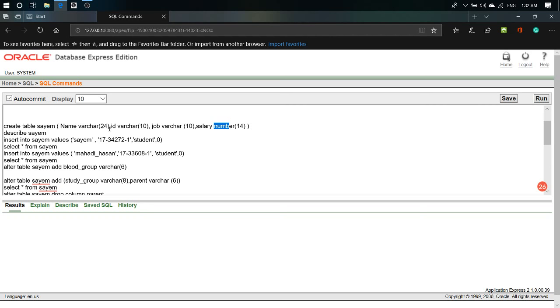It is nothing but a variable character, varchar. And number means number. So 24 means the length of your character, or your variable character. Number is the same, as is job varchar and so on. How many digits can you put in your data? Like 14, you can put here: 1 2 3 4 5 6 7 8 9 10 11 12 13 14. Okay,